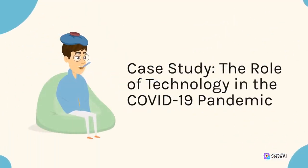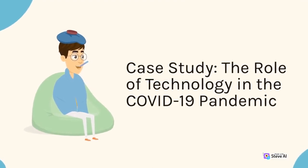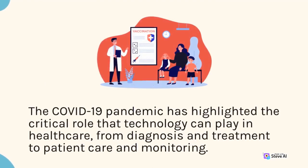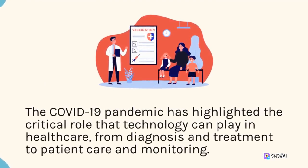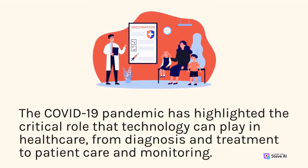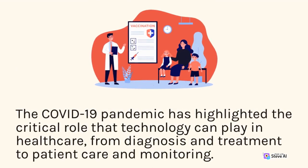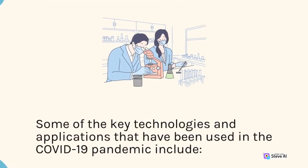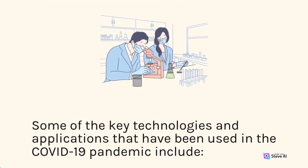Case study: the role of technology in the COVID-19 pandemic. The COVID-19 pandemic has highlighted the critical role that technology can play in healthcare, from diagnosis and treatment to patient care and monitoring. Some of the key technologies and applications that have been used in the COVID-19 pandemic include